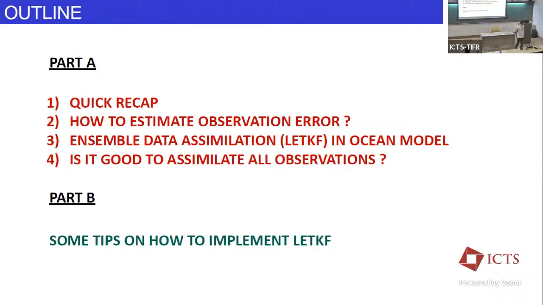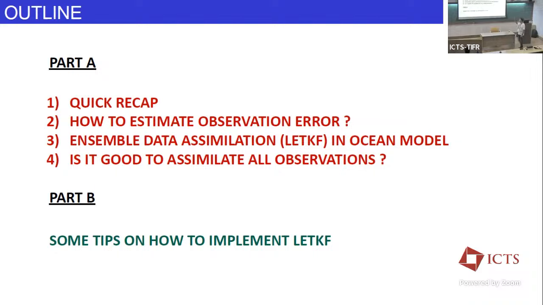One is your model error covariance, and the other one is your observation error covariance, right? So next, I'm going to talk about how to estimate that observation error covariance. Did anyone talk to you about this? How to get this as of now? Anyway,